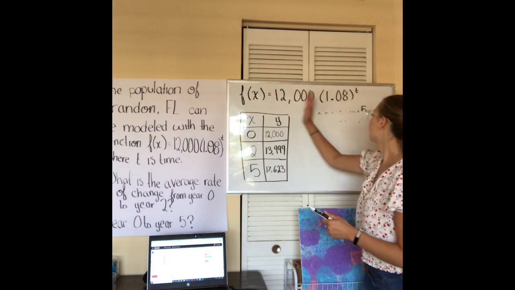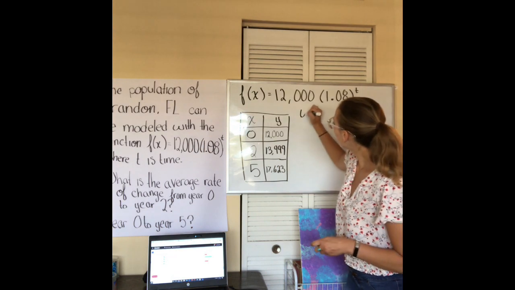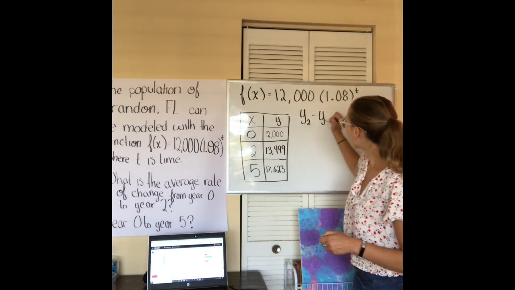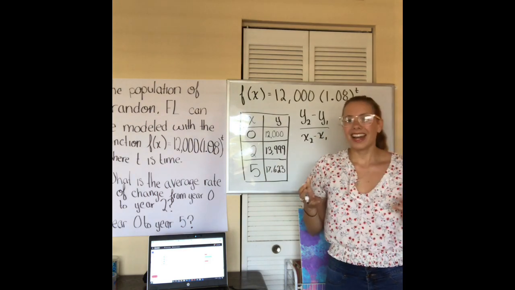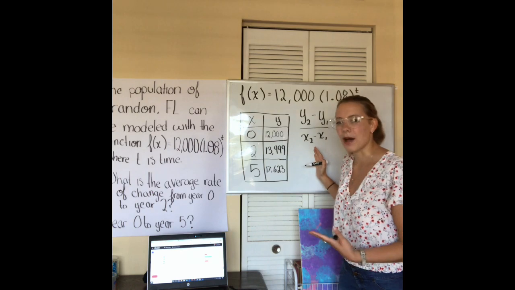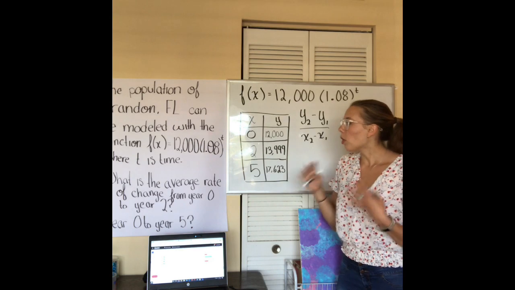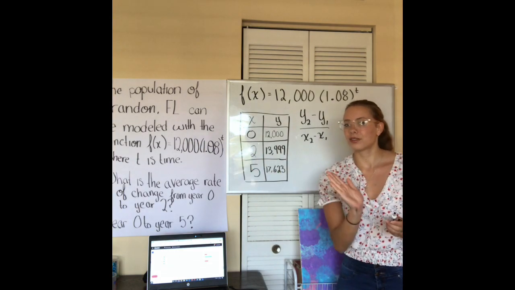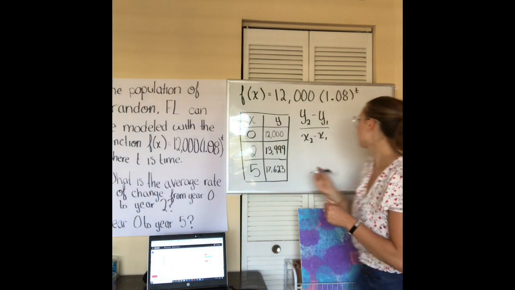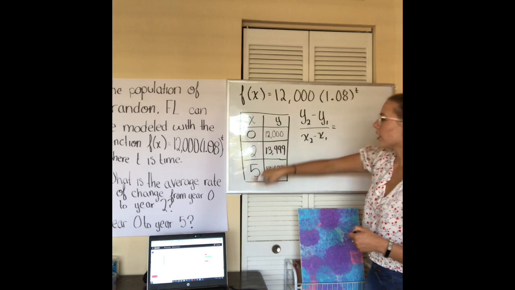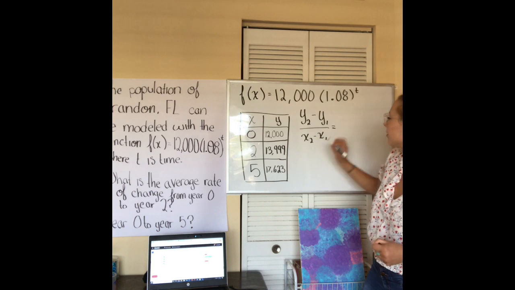So here's what I'm going to do. Slope is this formula. y2 minus y1 over x2 minus x1. And I know that this might not be something you were thinking about because this is an exponential equation and this is the slope of a line. What this problem is trying to show you is that the slope is getting higher and higher on an exponential function.